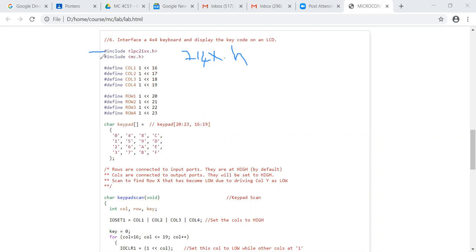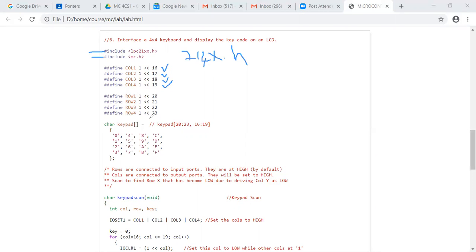And then include MC.H. The columns are connected to the ports 16, 17, 18, 19. They are all adjacent ports, 16 to 19. Rows are connected to another 4 adjacent ports, 20, 21, 22, 23.